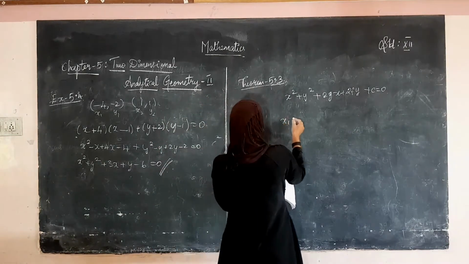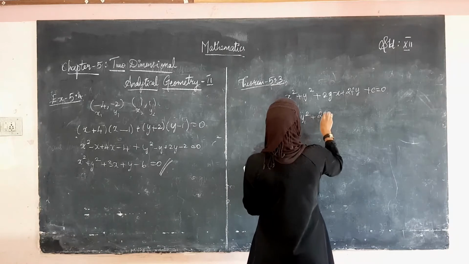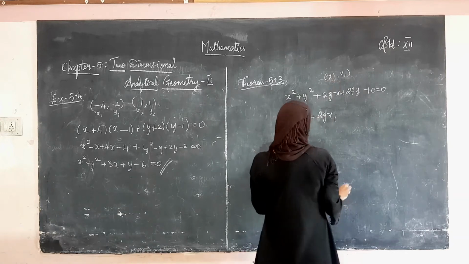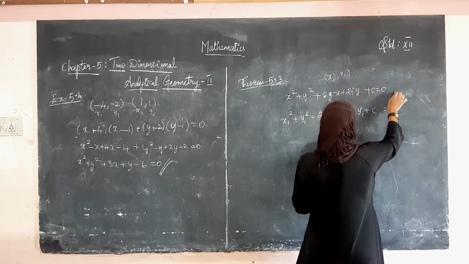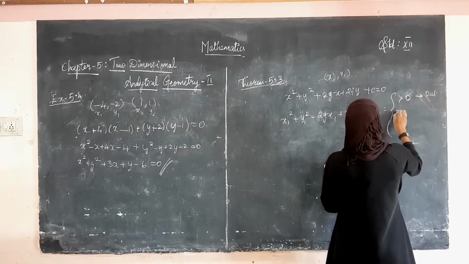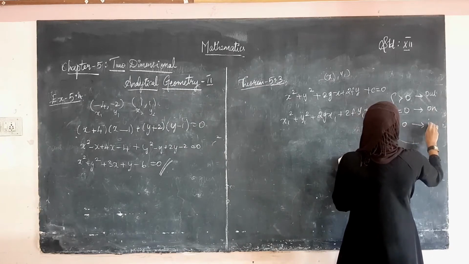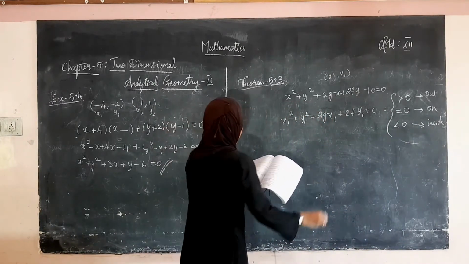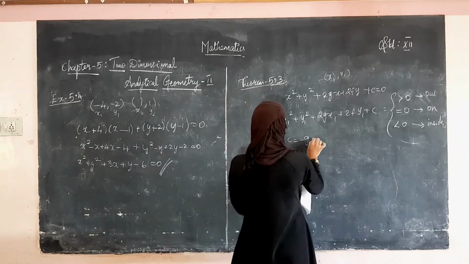when we substitute that point in that equation: x1 squared plus y1 squared plus 2g x1, the point is (x1, y1), plus 2f y1 plus c. If it is greater than 0 means outside, equal to 0 means on the circle, less than 0 means the point lies inside. Okay, so see here, for this given equation, the center is (minus g, minus f),